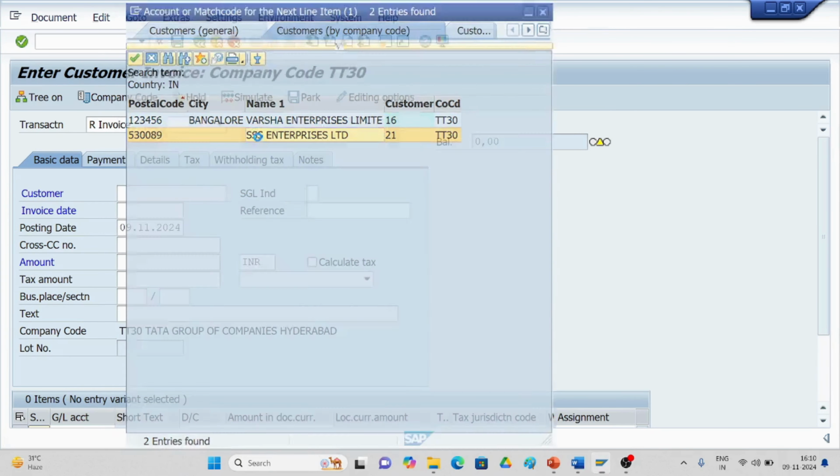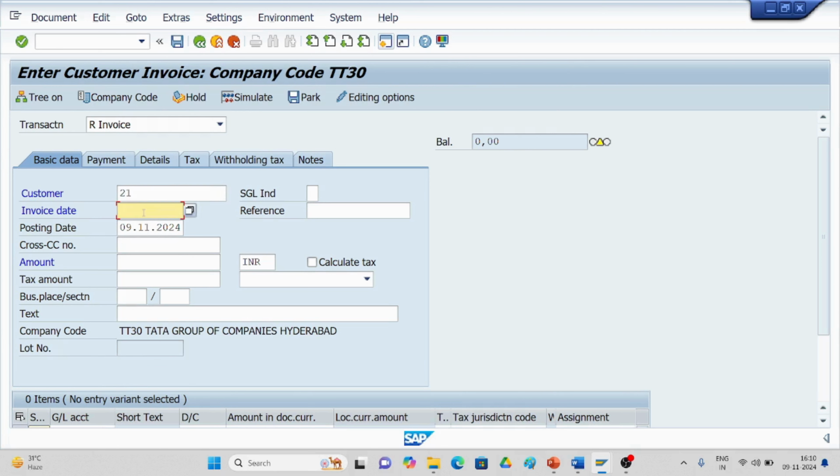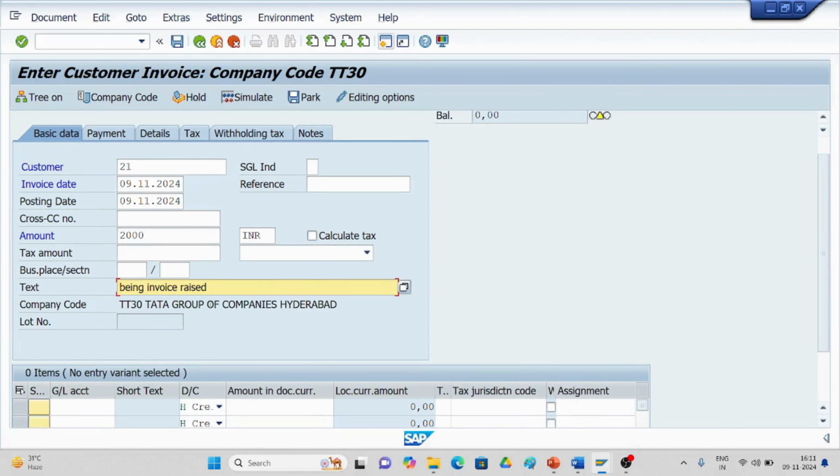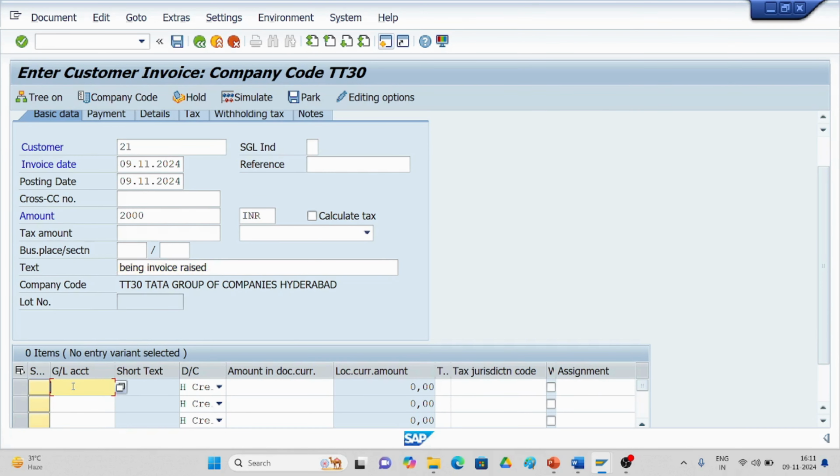So for this customer I'm taking, invoice, amount is 2,000 I'm giving for example. Here for the text I'll give invoice raised, and here I'll give 4,001, amount is equal to 2,000,